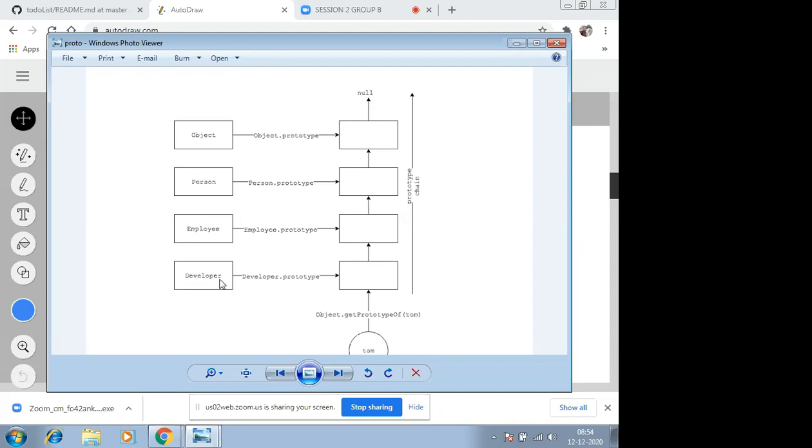If I try to access developer.getName, and my person class had that particular function, and my employee has extended it, the whole code has now moved to my employee class, right? And if my developer class is extending employee, of course it will have direct access to it. So it won't go up, and the request won't be delegated whether it is there or not. It will get the thing instantly, right? So as Monica was saying, these are fast because the requests are not getting delegated and you are getting it instantly, right?